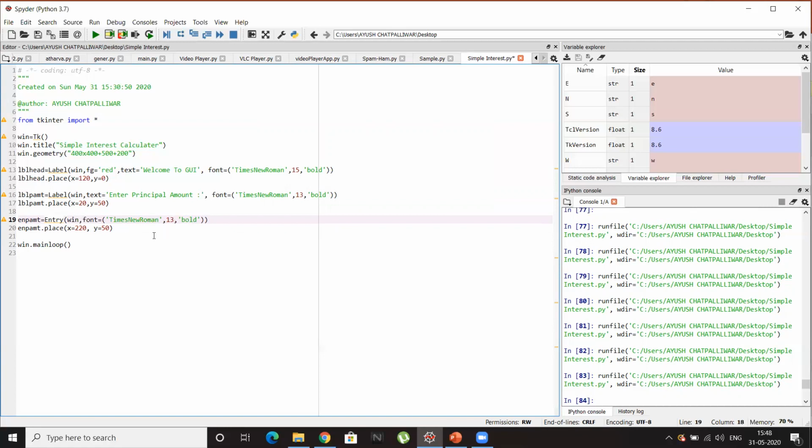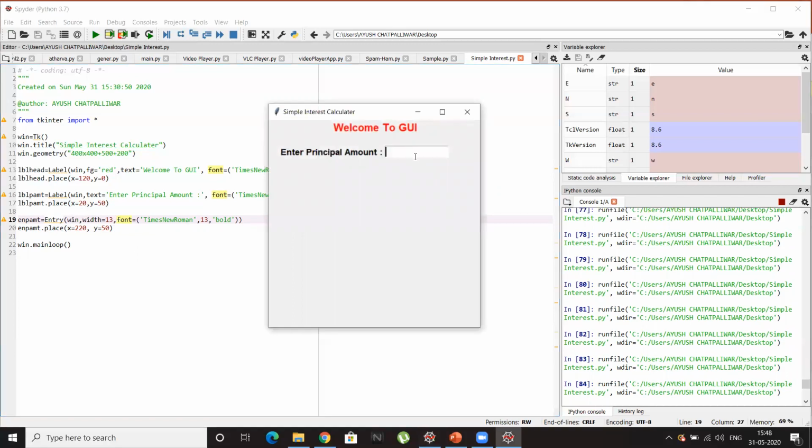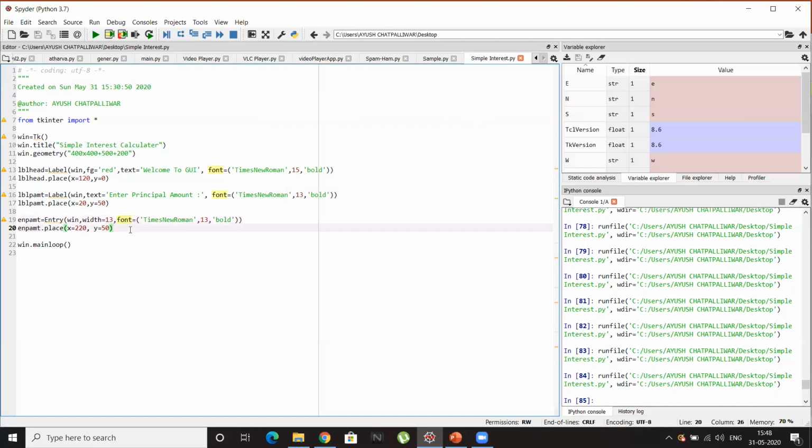And another thing I'll add is the width equals, so the width I'll try to give it also 13, and a comma is necessary. So now let's see if the width and the text entering in the entry box is bigger. Yes, you can see the text is now bigger and bolder, which is, I think, okay to see. Perfect. So let's move on now.